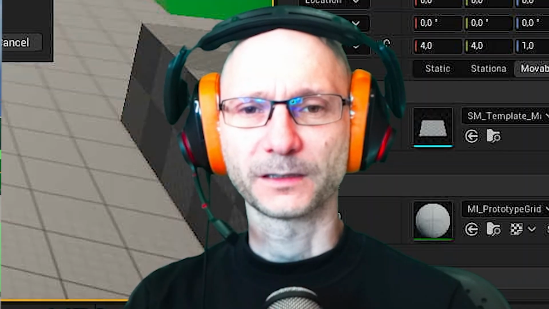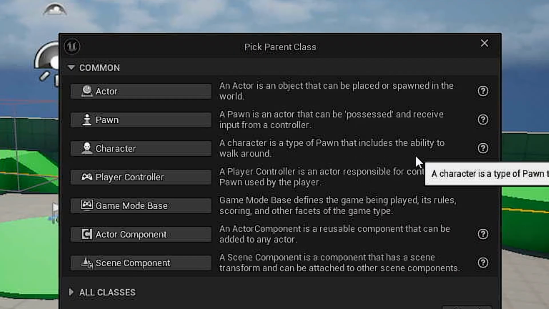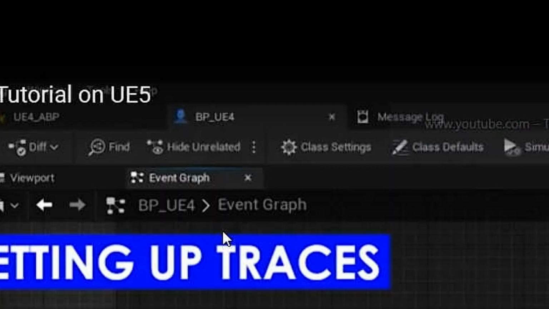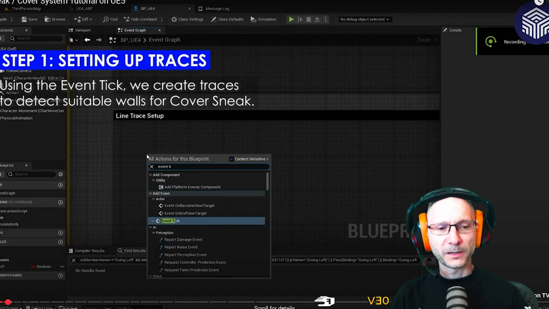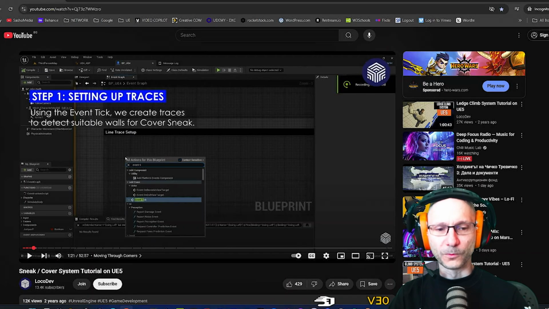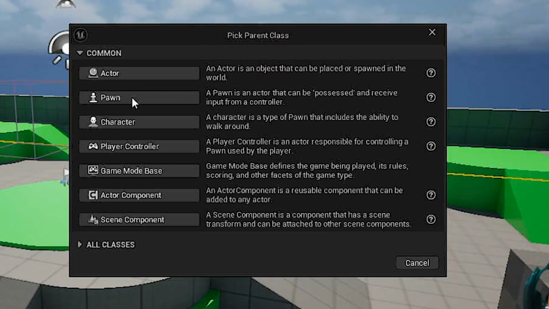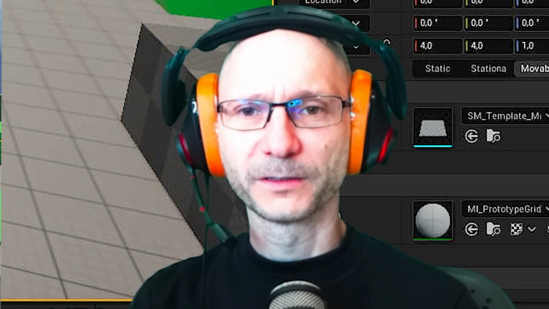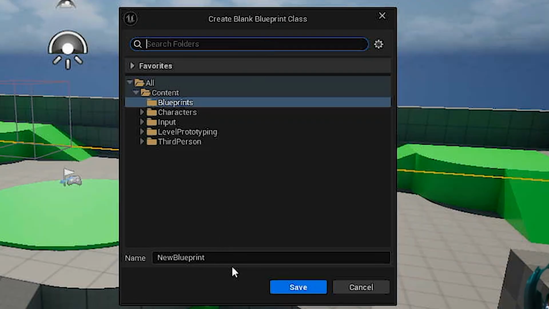A character is a type of pawn that includes the ability to walk around. Is it a character icon? Yes. It's not an actor. So we're about to create a whole new blueprint.